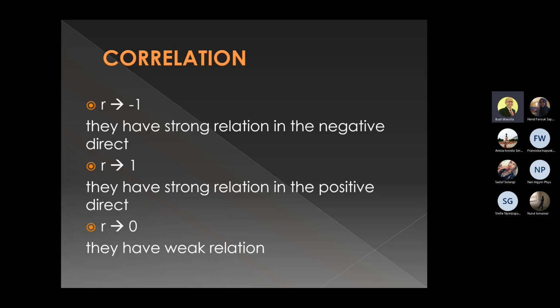When the value is close to -1 or close to 1, it means that they have a strong relation. And when R is close to 0, the two variables have a weak relation. Okay,